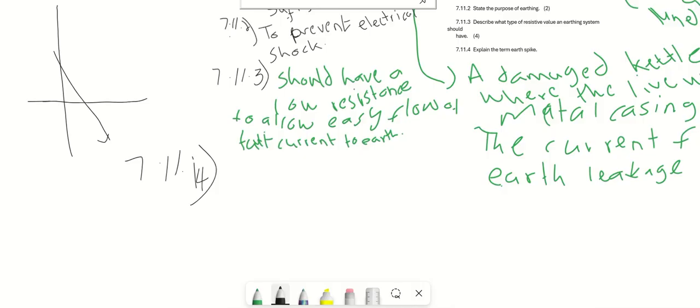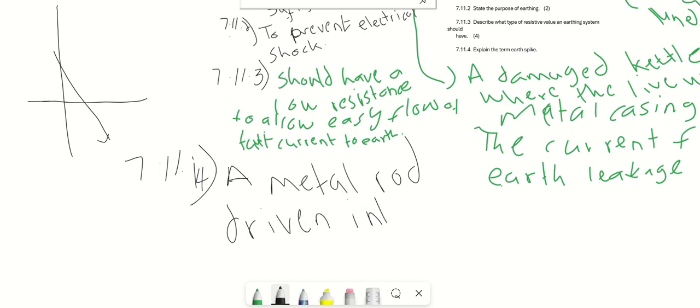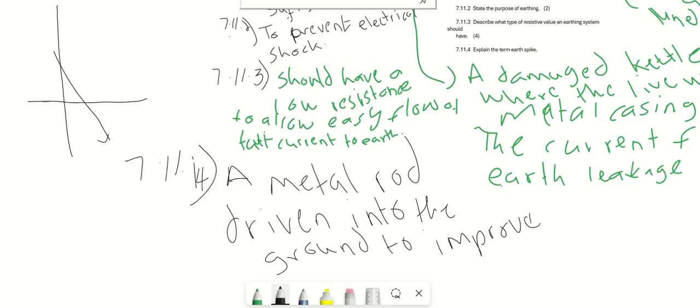So, a metal rod driven into the ground to improve grounding connection.